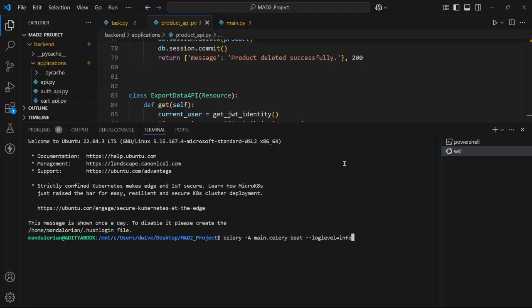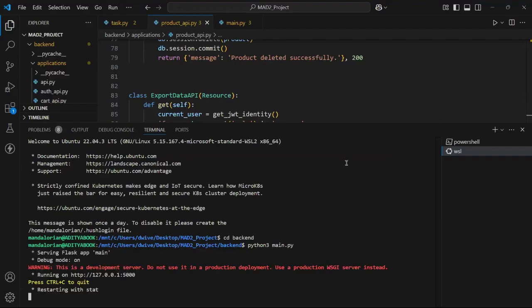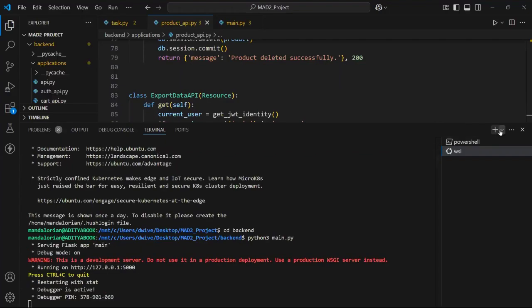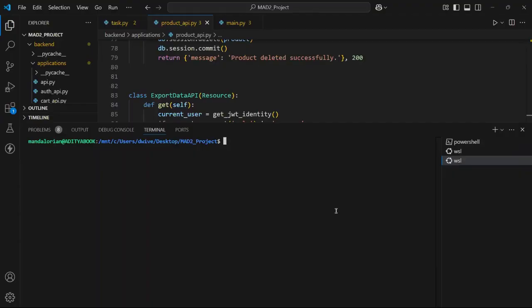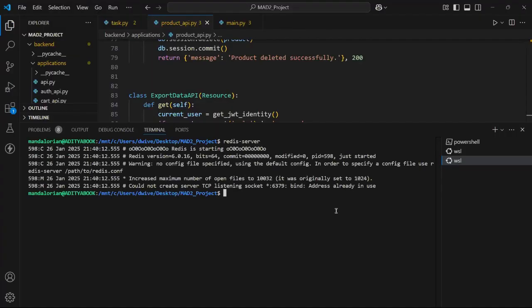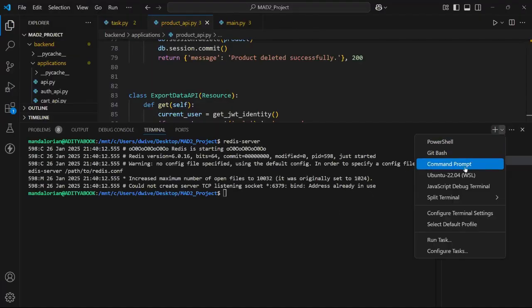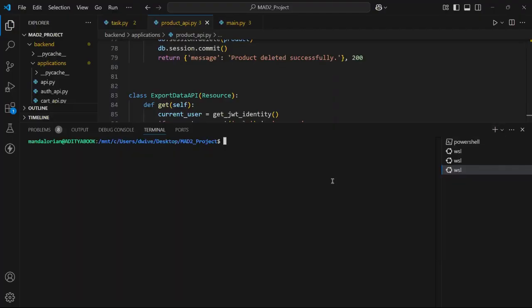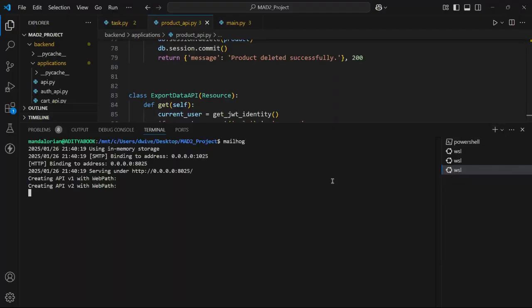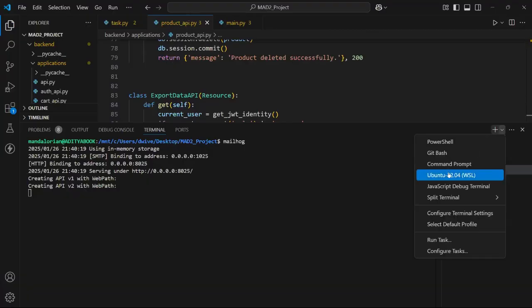So cd backend, and I will run the Python server, python3 main.py. Okay, Redis server, and we have to run MailHog and